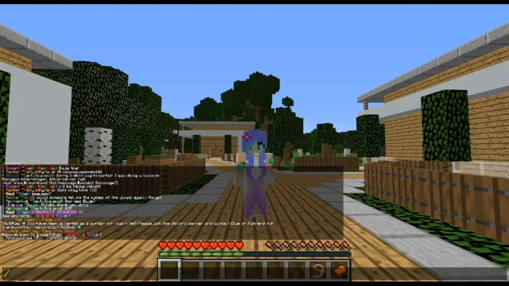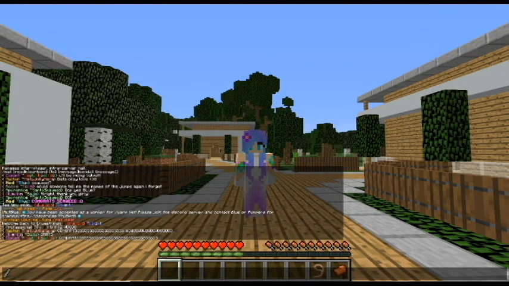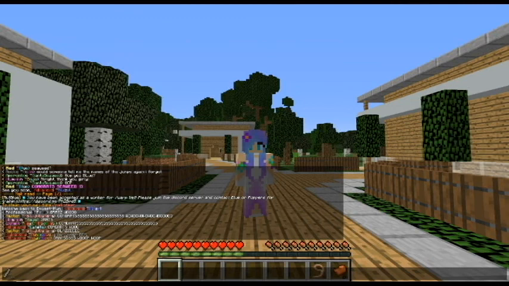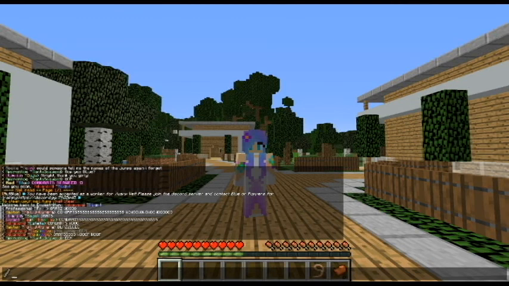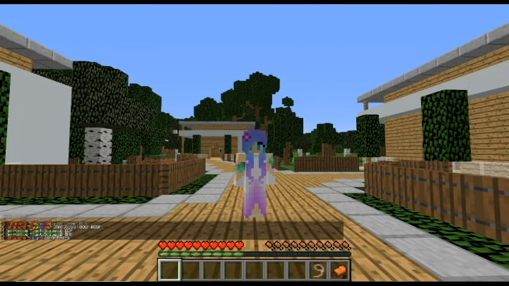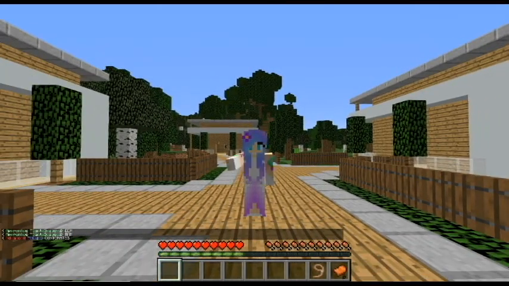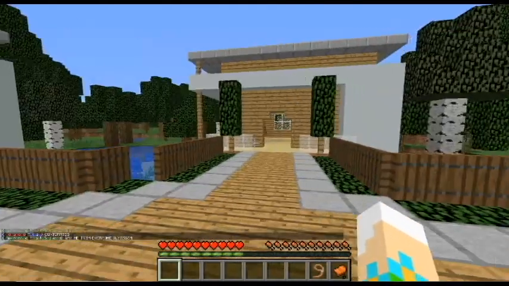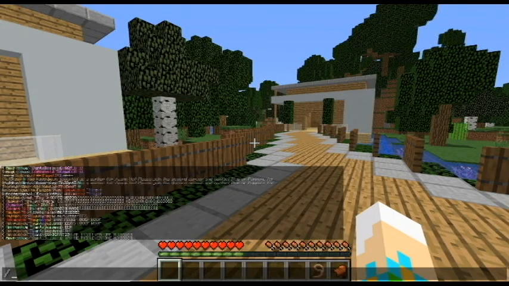So I have received this message from Blue. You have been accepted as a worker for Warp Vet. Please join the Discord server and contact Blue or Puppers for training. So I have been accepted as a vet technician. I am so excited. I'll give you guys a look